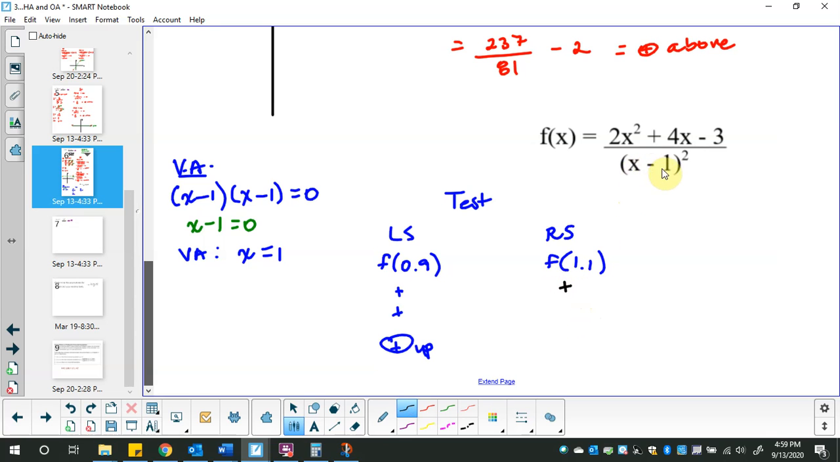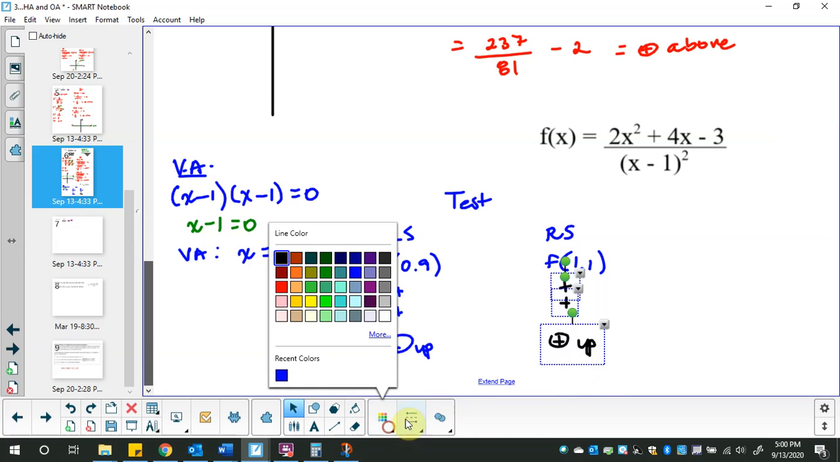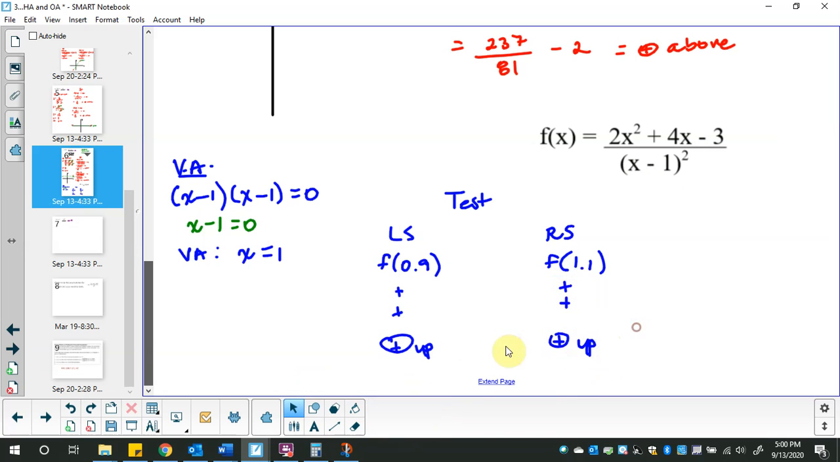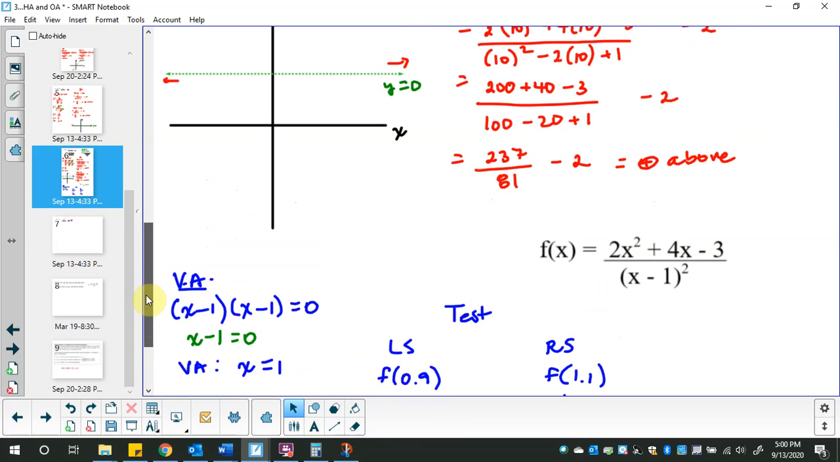(1.1) in here minus 1 is 0.1, squared is still positive regardless of its value. A positive divided by a positive is a positive, which again is up. You thought I messed up. All right, so